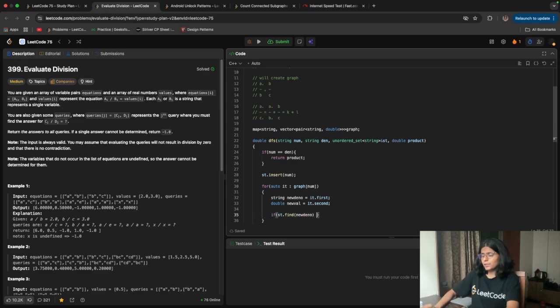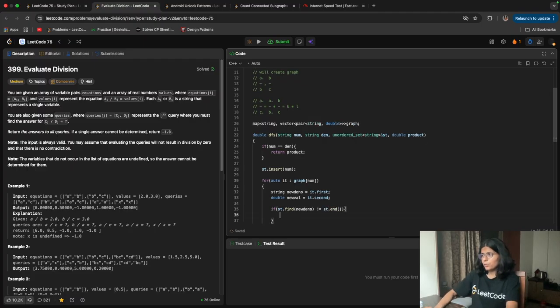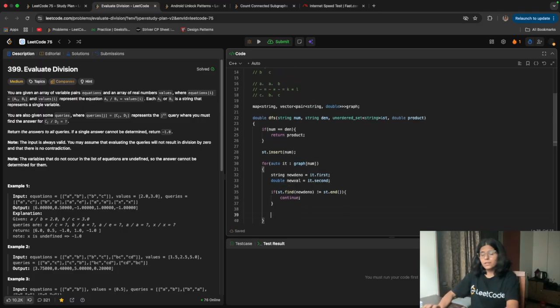Did I visit it before? If S dot find is not equal to S dot end, it basically means I visited it before, so I don't need to go again to that node. Just continue with the next node. And if it is not visited, then what we will do is